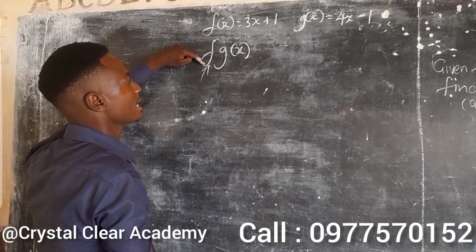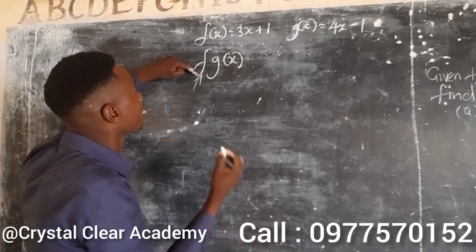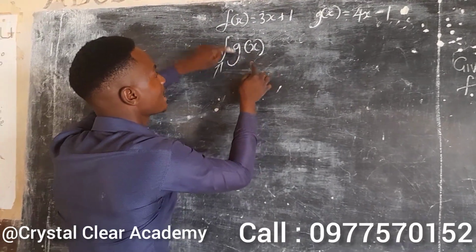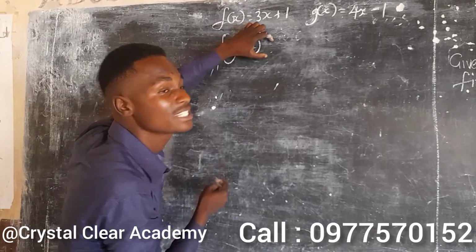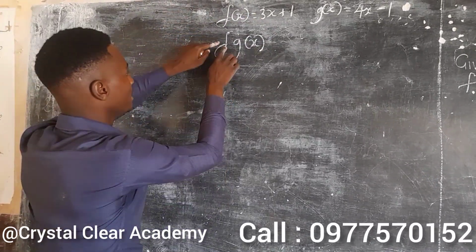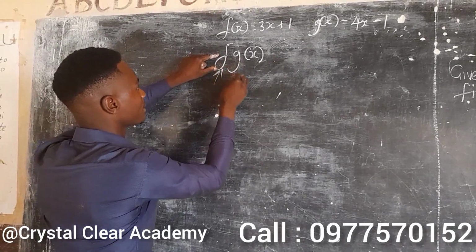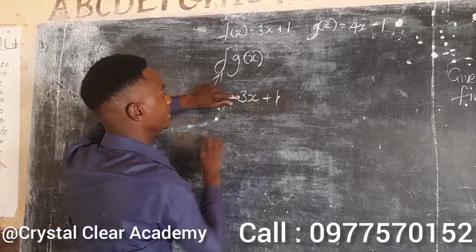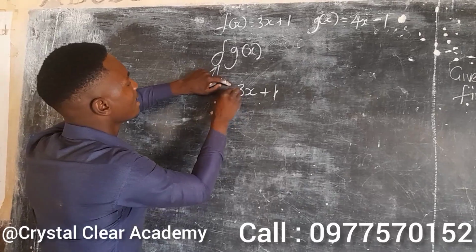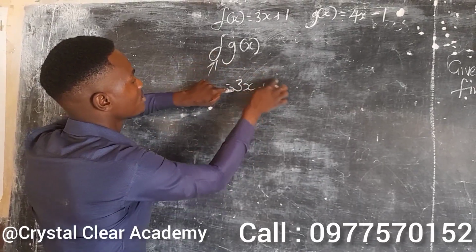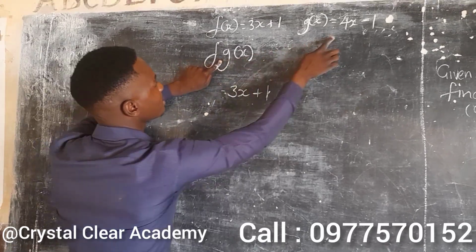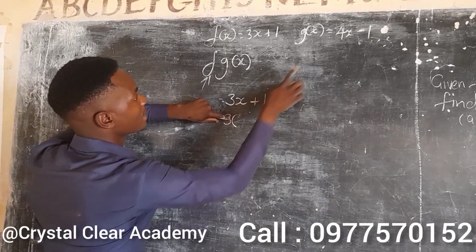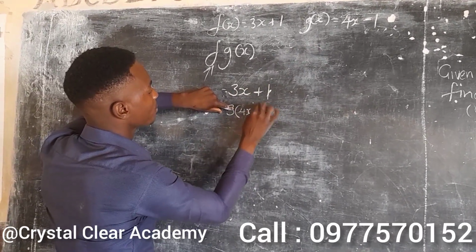The first function is f, which tells you that in the f function, substitute the g function. In other words, the f function will swallow the g function. So, since f comes first, let's write the function for f, which is 3x plus 1. Then, whenever there is x in the f function, substitute the g function, which is 4x minus 1. So here it will be 3 multiplied by, the x will be 4x minus 1, close bracket,